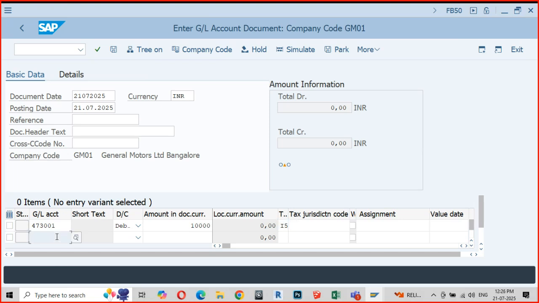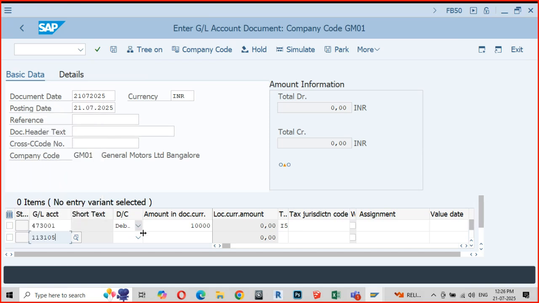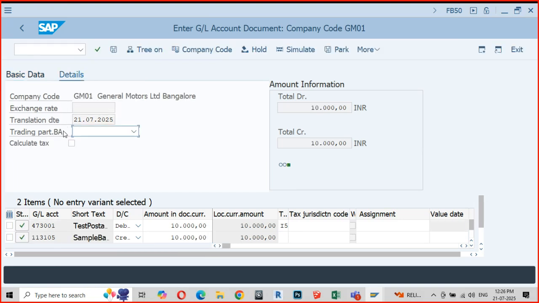Some expense account subjected to tax. Now go to the details tab. Say calculate tax. Clear? So what is the percentage? I5, 5%. Enter. Just go to simulate.